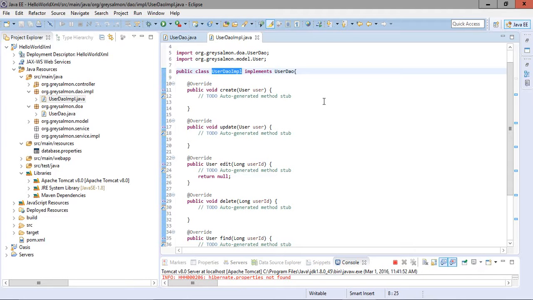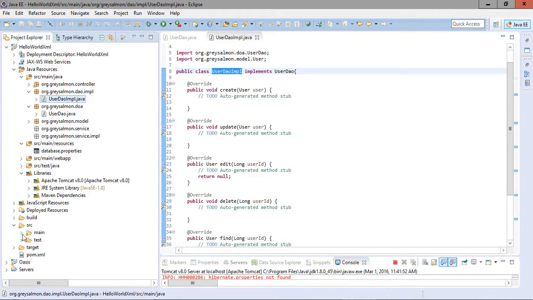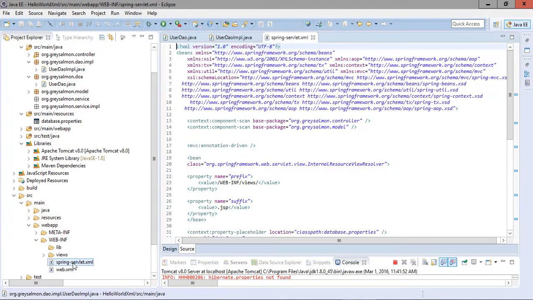Now before writing the code within this DAO, I first want you to have a look at the file which we created in the earlier tutorial, and that is the Spring Servlet file.